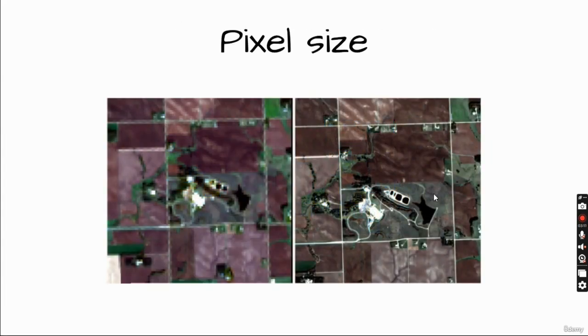The size of each pixel in the data, that is, the spatial resolution of the data, determines the degree of clarity in the data. As the pixel size decreases, it becomes easier to see details. High resolution means that the pixel size is small,